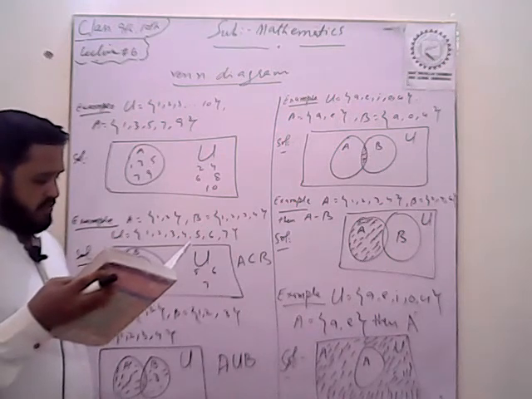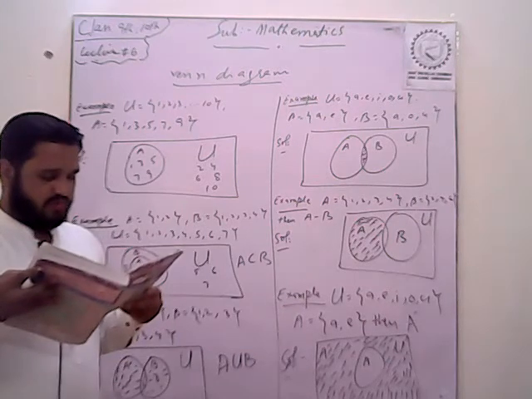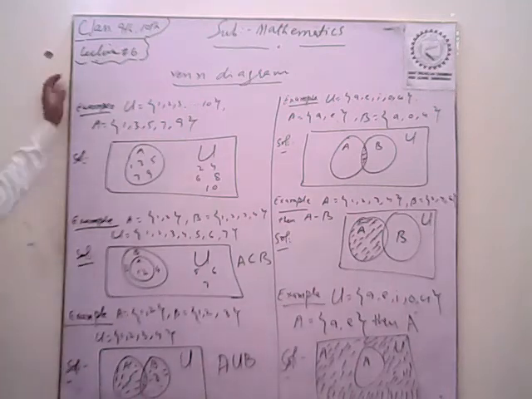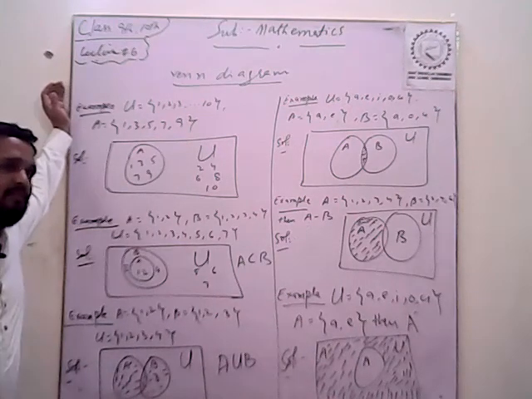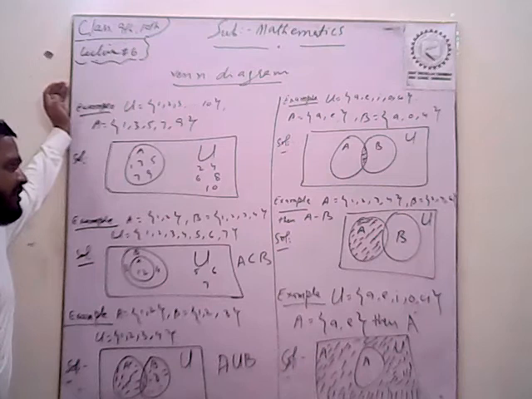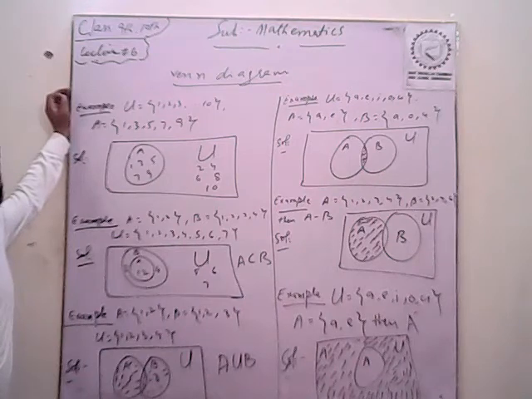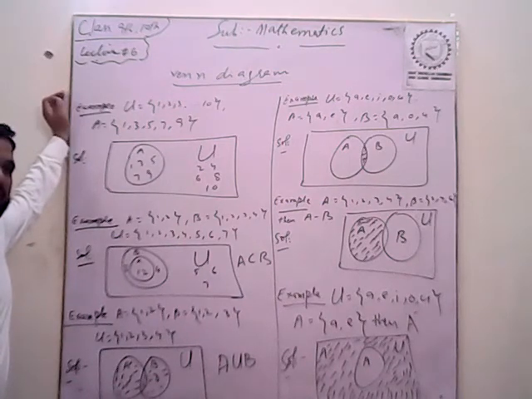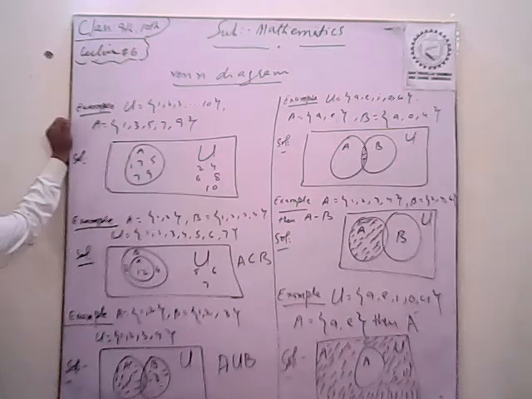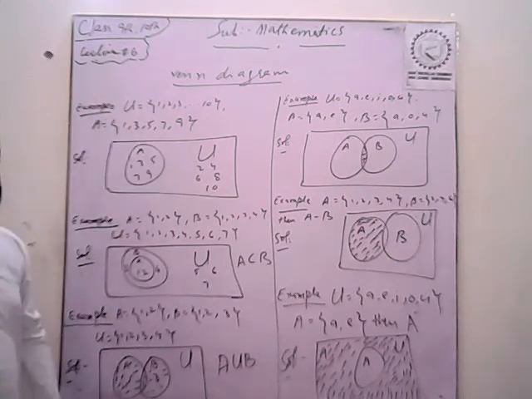Sometimes points are used to represent particular elements of the set. Venn diagrams are often used to indicate the relationship between sets. As we discussed union, intersection and complement in the previous lecture, here we represent them in a diagram. We can write A union B, A intersection B, A complement, but here we represent them geometrically in these figures.